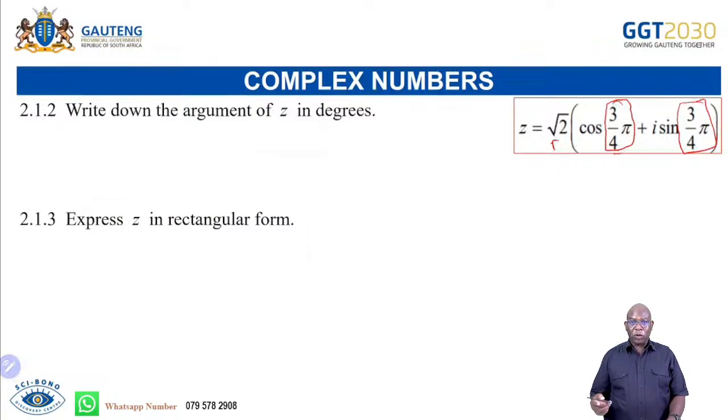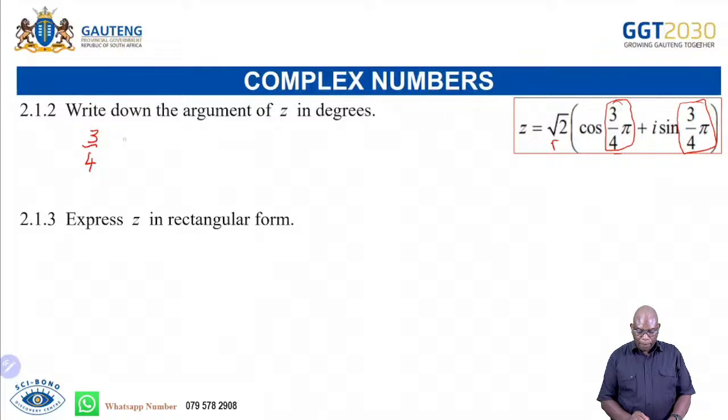So you must change it to degrees. So write down the argument of z in degrees. How do I change 3 over 4 pi to degrees? So how do I do that? I'll take 3 over 4 pi. For me to write it in degrees, I must multiply this by